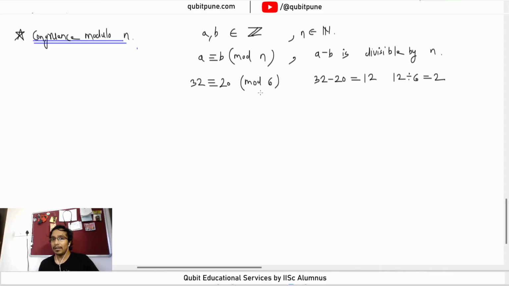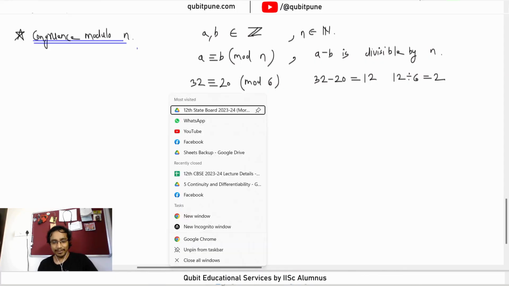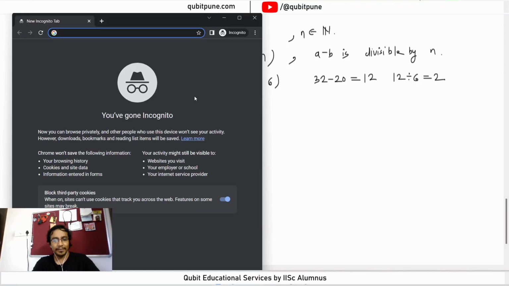Mod means just absolute value. No, it doesn't mean that. If you go to the calculator, I had shown this in my video also. If you open that scientific calculator,